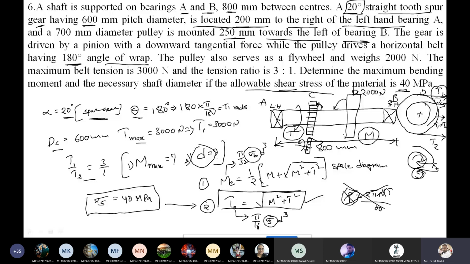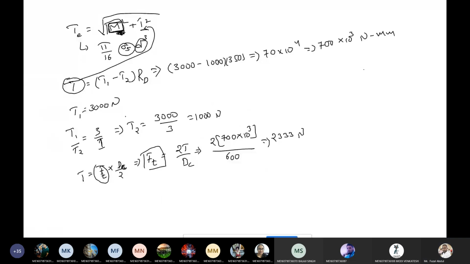Okay, so what is the purpose of calculating the tangential force? The purpose is to calculate the vertical and horizontal load on the gear. To calculate the vertical and horizontal loads separately, I am drawing the gear system. This is the load acting on the gear teeth, known as tangential force. This is another load acting on the gear, known as radial load.